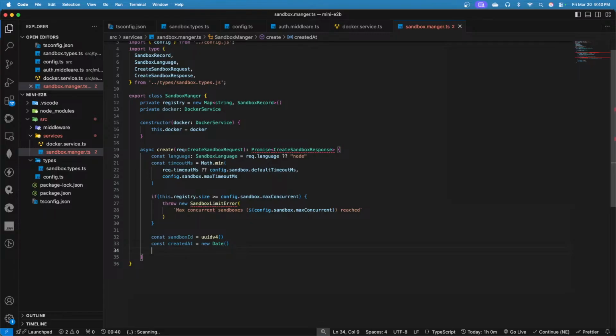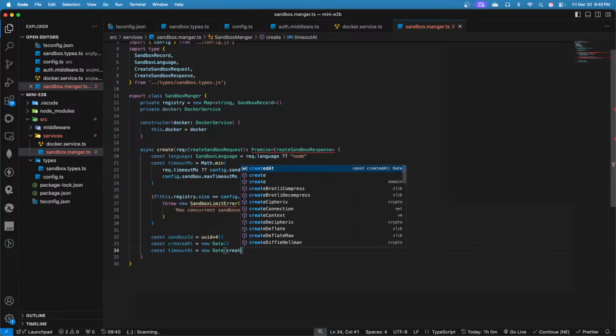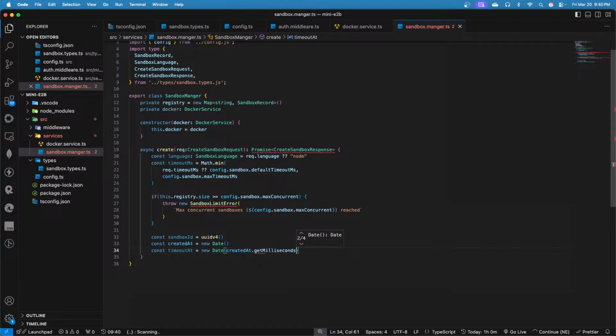And also the const timeout at, new date, created at dot get time plus timeout ms. So we can get the timeout at. So ये कब शुरू हुआ है? और उसको हमने क्या टाइम मतलब 60 मिनट, मतलब ये अगर 12 बजे शुरू होगा तो 60 सेकेंड या फिर 60 मिनट, आई डोंट नो। ये उसको कैलकुलेट करके वो दिखाएगा कि ये कितने मिनट के अंदर डिलीट या फिर बंद होने वाला है, ठीक है।